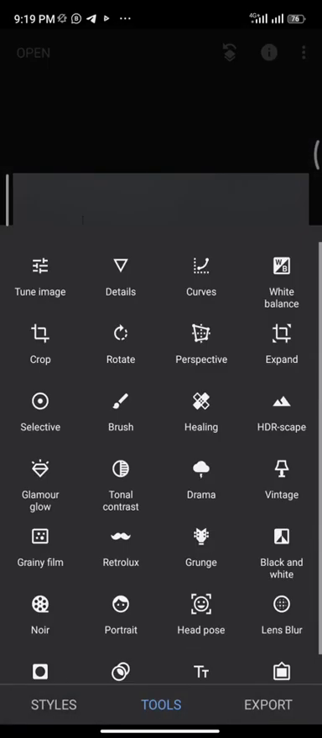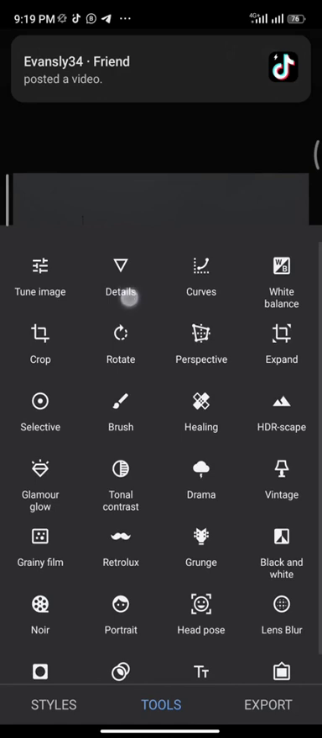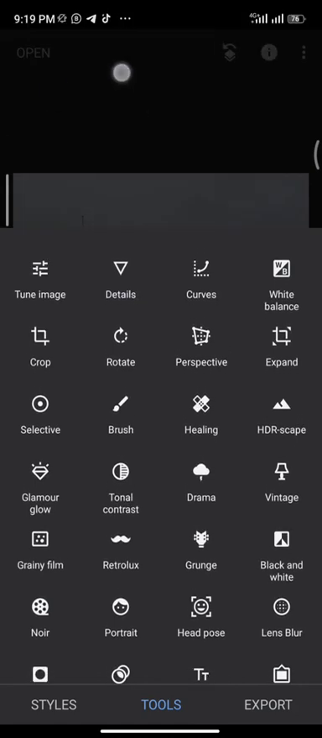I'll click my OK button. Then I click on tools again. These are details. Let me click it. You can see where the white button is. That's details. Details, from the name, its major function is to make your image pop. What I mean by pop is